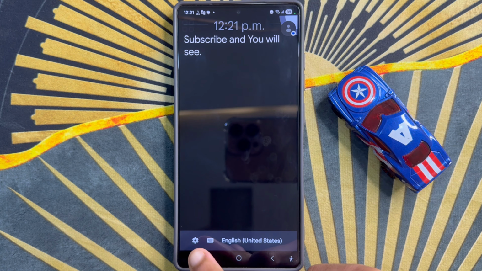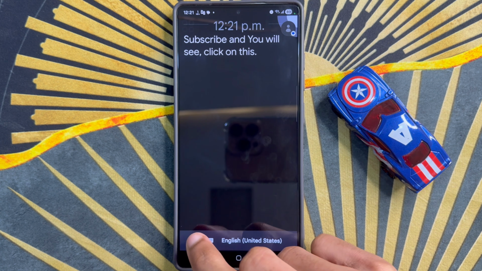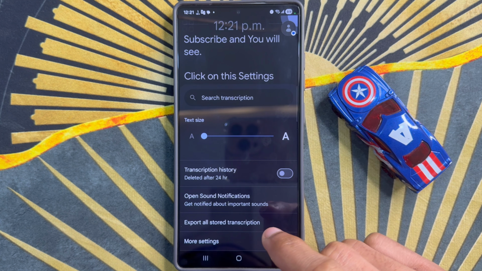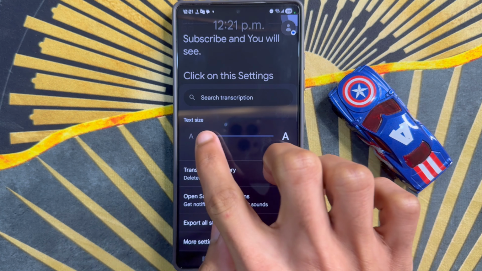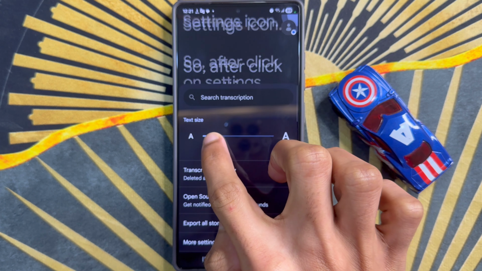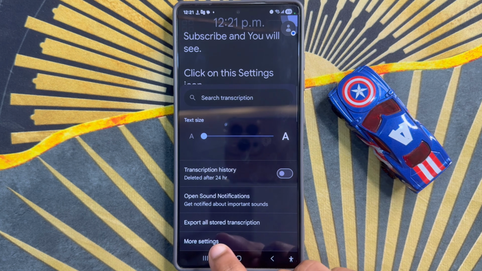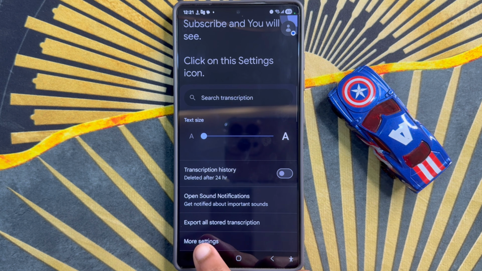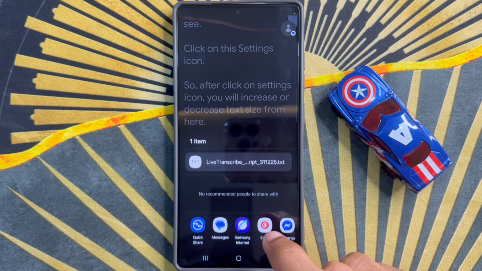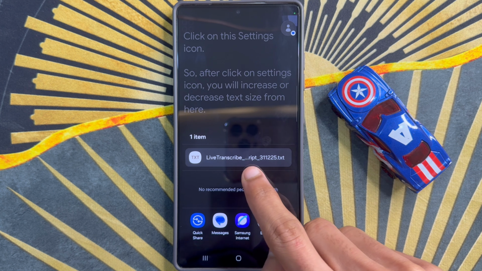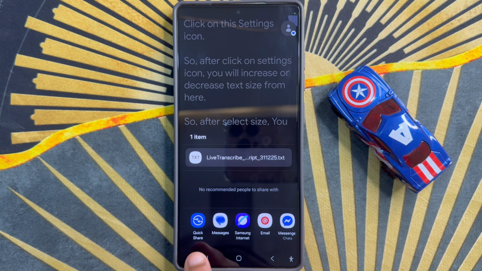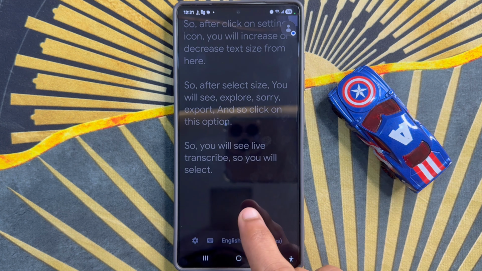click on this settings icon. So after clicking on settings icon, you will increase or decrease text size from here. So after selecting size, you will see export all. So click on this option, so you will see live transcribe. So you will select quick settings,